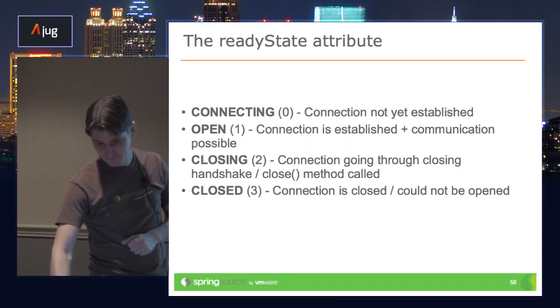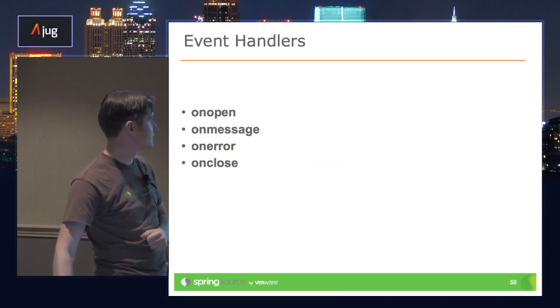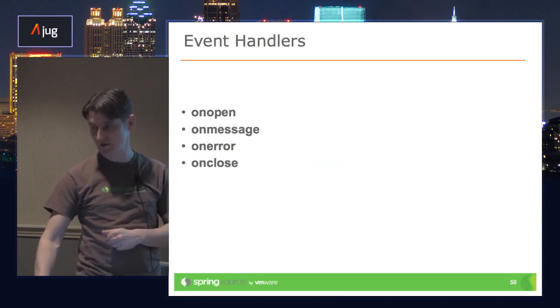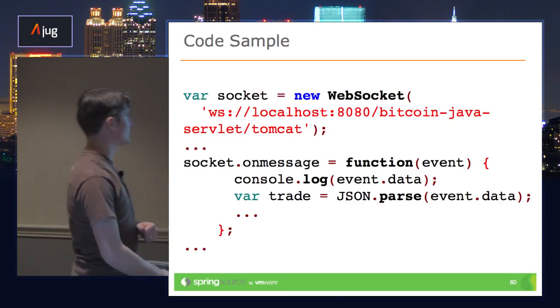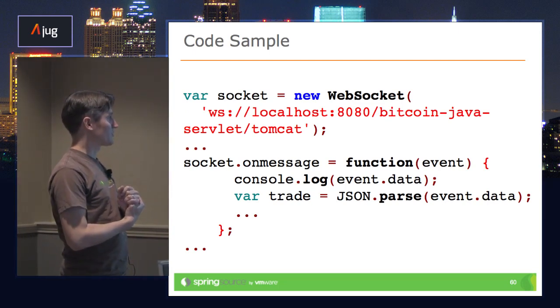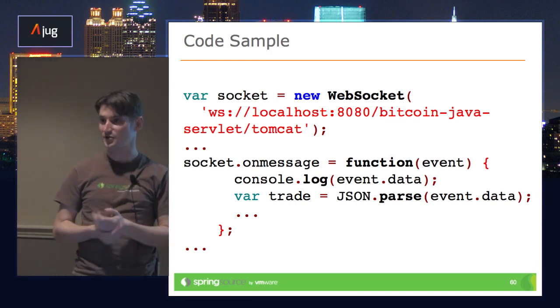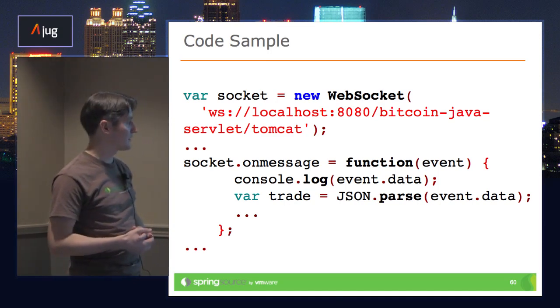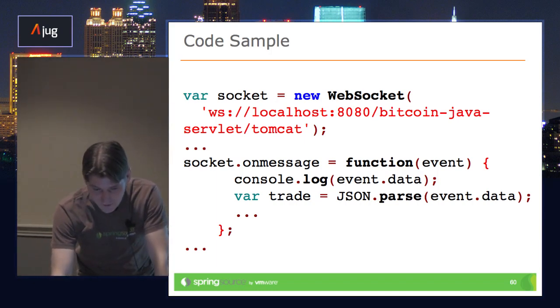You have various attributes, like with AJAX: connecting, open, closing, closed. We have various event handlers we can tap into when we do the JavaScript communication: establishing a socket with new WebSocket to localhost, connecting to the server, and then hooking into onmessage, and we can parse the data that's coming back from the WebSocket. So fairly simple, not that much to it. And yeah, take a look at these samples that they have. That's taken from one of those.